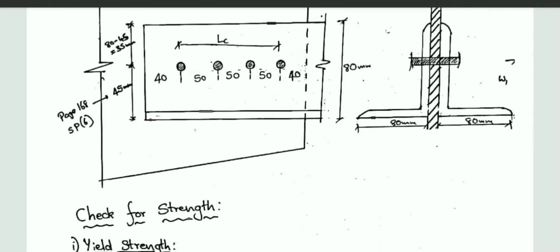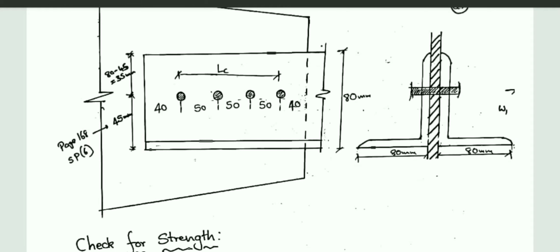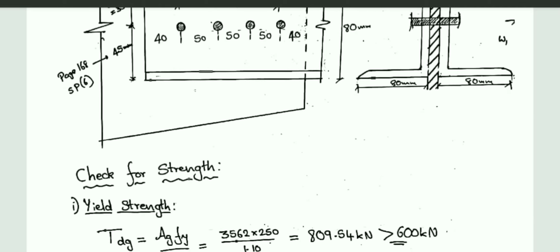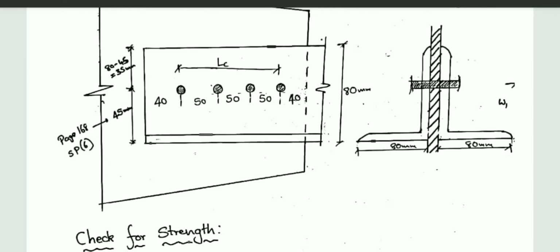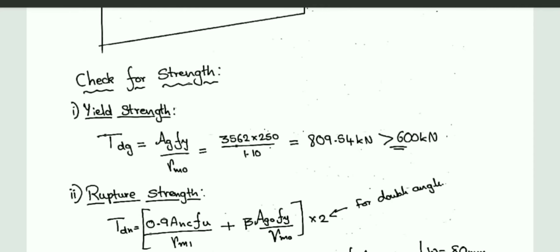Okay, in the table you will get two values. One is for the case where the leg has two bolts in a line. Then the value will vary, and you will see A and B values there. For W1 it will be shown as C there. Okay, you can see the C value there, and from that you will get it as 45 mm. So let us go for the check now.